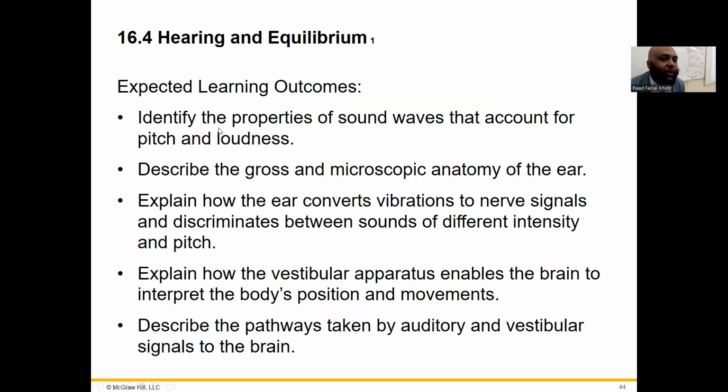Okay, hearing and equilibrium. Something very interesting that we discussed in the past: your ears, in the first place, their job wasn't actually to listen or hear anything. What was their initial job? Your ears were responsible to make sure that you are standing upright,